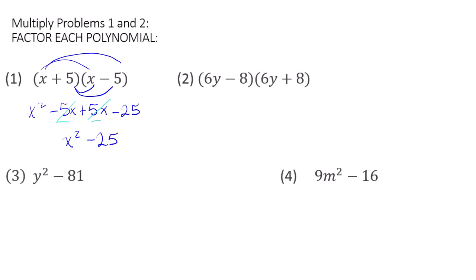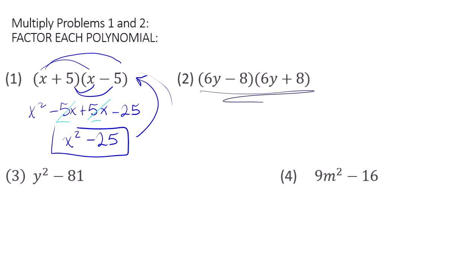Now, what we're going to do is, because we did have a shortcut to get from here to here, but now we're going back the other way, right? We want to go from here to here. So what we can do is we can say, okay, well, what is the square root of x squared, right? And that'll give us x, and then we put that here and here. And then what's the square root of 25? Okay, which is 5, and we put that here and here, and then we just put a plus in one and a minus in the other, and we're all set. Okay,